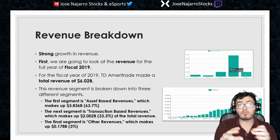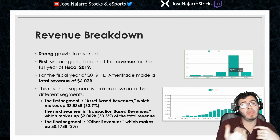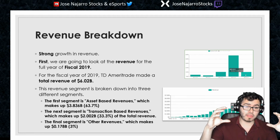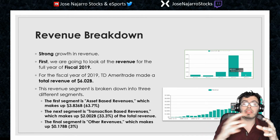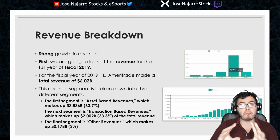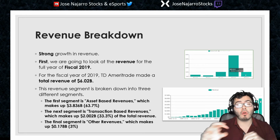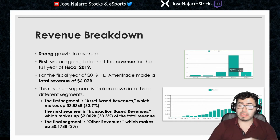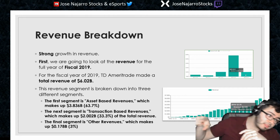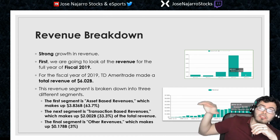Later on through the slides, we're actually going to take a look at Q1 and Q2. But I think right now it's always good to see the bigger picture and look at annual data for some time. So for the full year of 2019, TD Ameritrade made a total revenue of $6.02 billion. And we can see from this chart right here, the one I'm probably blocking a bit, that there has been a nice growth throughout